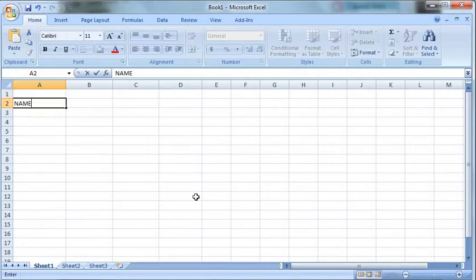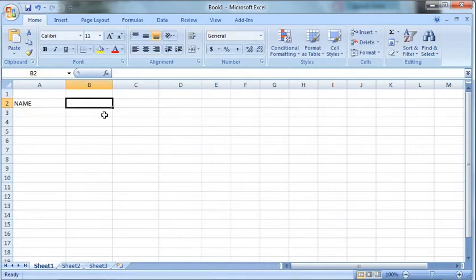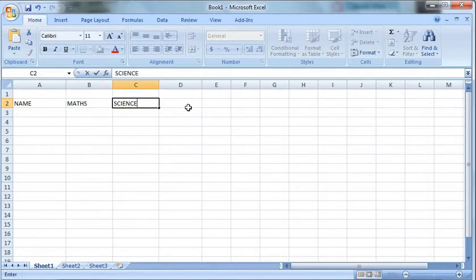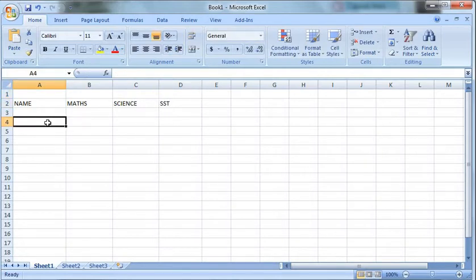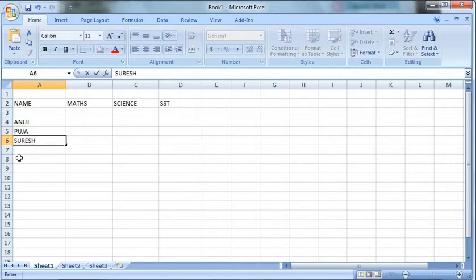Name, then we will write Maths, Science, and SST. And here I am writing Anuj, Pooja, Suresh, Pankaj, Rahul.